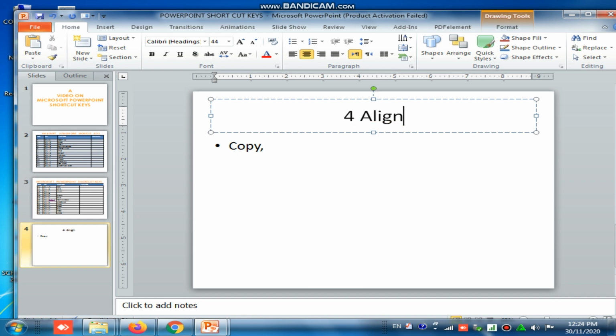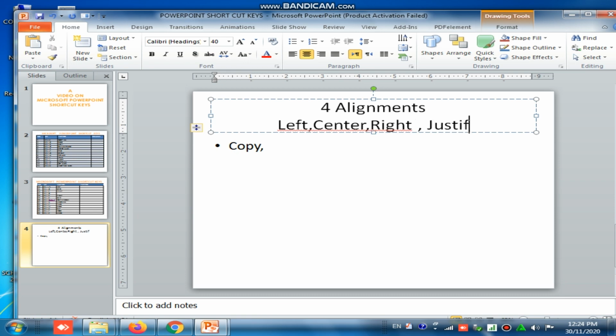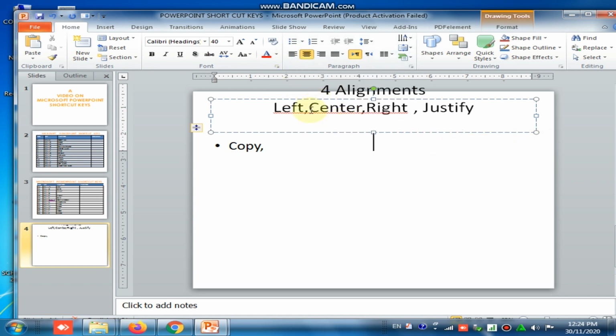The alignments are left alignment, center alignment, right alignment, and justify. So these are the four alignments. I will show by taking another example.